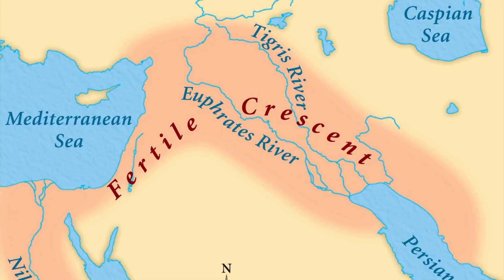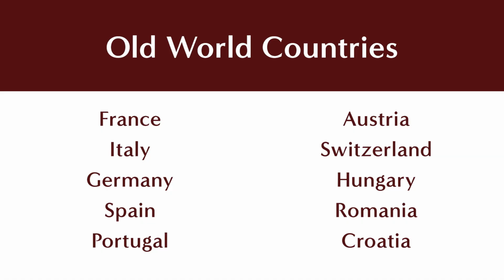Number 1, location. Old world wines refer to those made in countries considered the birthplace of wine. This includes the Middle East, the Tigris-Euphrates River Valley, which is known as the Fertile Crescent, and then also Europe. The Fertile Crescent is Syria, Iran, Iraq, Lebanon, Israel, and Georgia. But the reality is, most of the time we think in terms of just Europe. Primarily France, Italy, Spain, Portugal, Germany, and actually to a lesser degree, Austria, Greece, Switzerland, Hungary, Romania, and maybe even